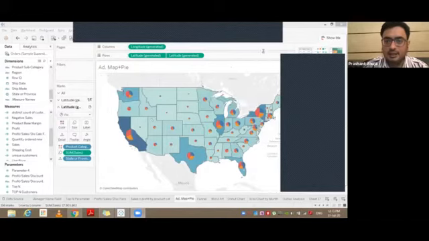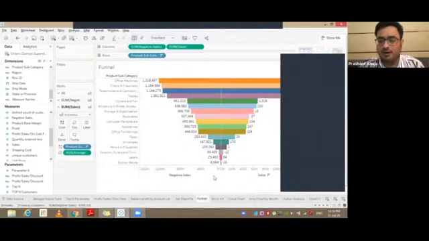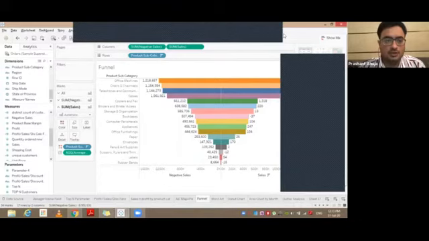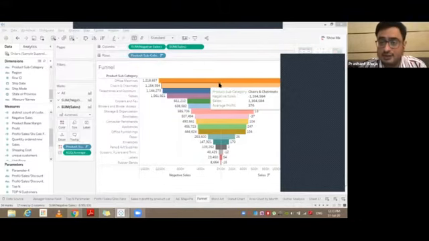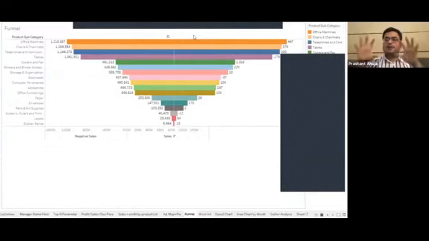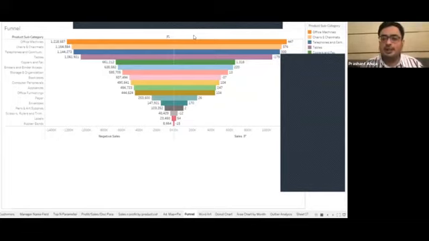So let's move to the next one. After studying the geographical visualization, let's now discuss how to create a funnel chart. This is something very interesting. This is basically a drill-down way of representing your sales by product categories or by any other. I'm using product categories because it is easier to understand.